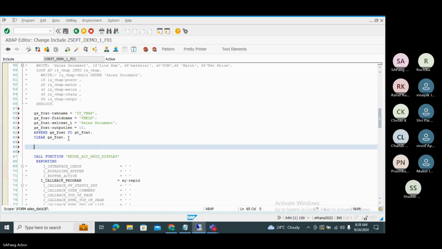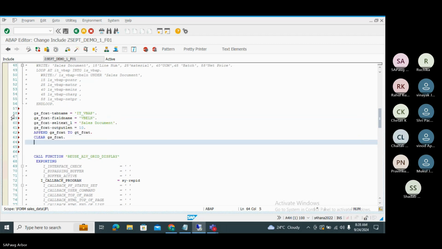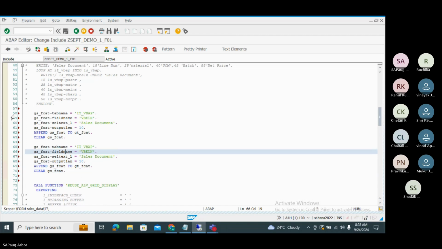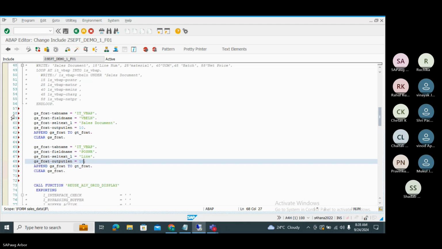Next, I'm copying the same and passing the next field name. SELTEXT, it's the line number, or you can say only line. So it has 4 digits, but you can specify